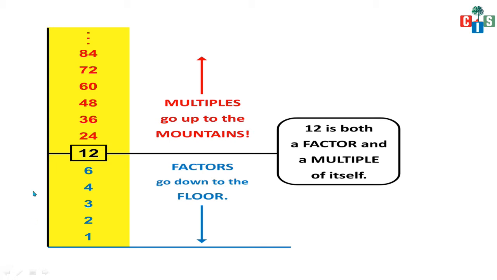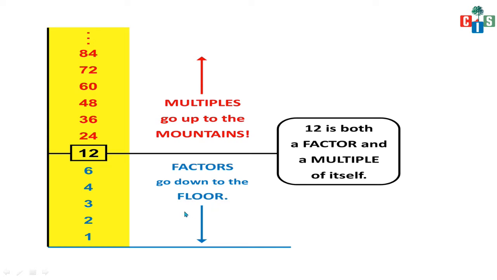Yes. Now see, if I take a number 12, what will be the factors of 12? You have to find out by seeing 12 comes in the table of which numbers. Okay, 12 comes in the table of 1, 12 comes in the table of 2, it comes in the table of 3, it comes in the table of 4, it comes in the table of 6 also. Fine, it comes in the table of 12. Fine, so these are the factors. 12, 6, 4, 3, 2, 1 are the factors of the number 12.